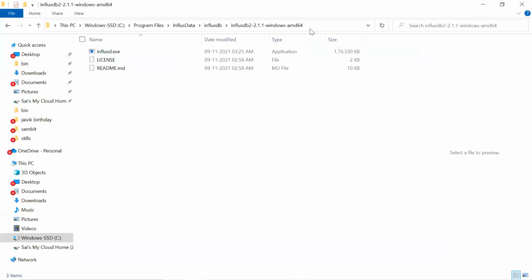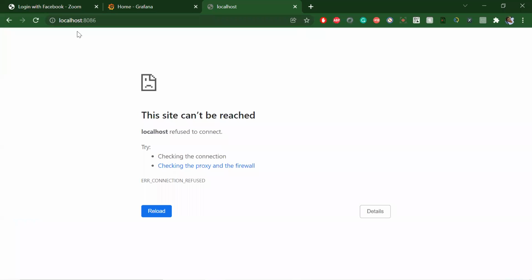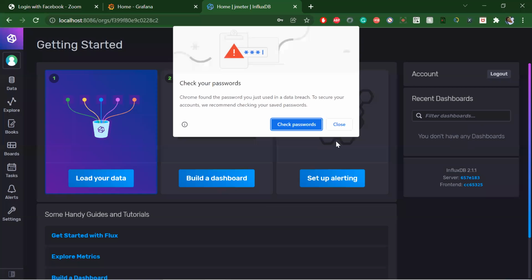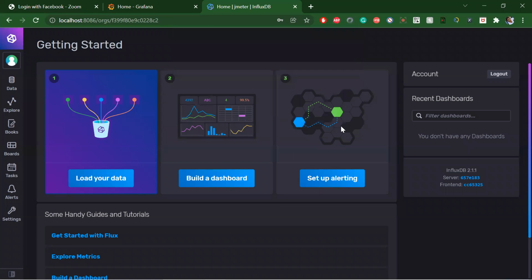Okay, now let's see. So I created a username and password. Okay, this is the Influx. You simply installed InfluxDB, right? Yes, nothing else. Same, from the exe file.